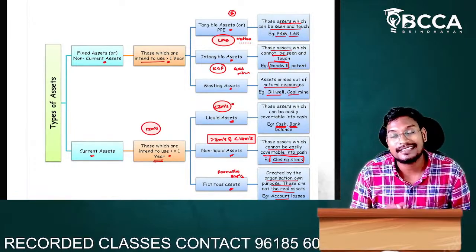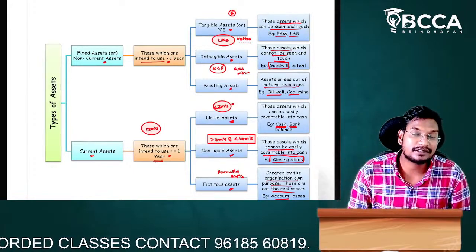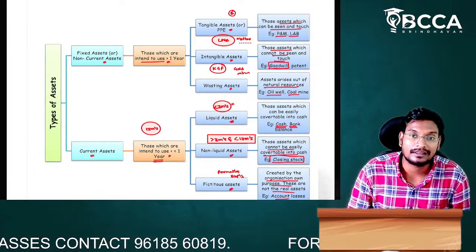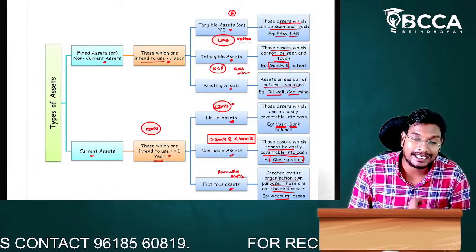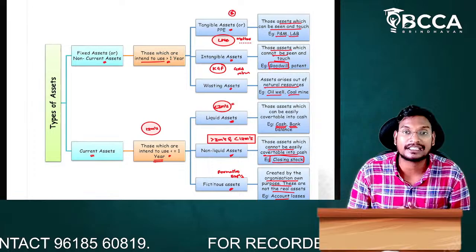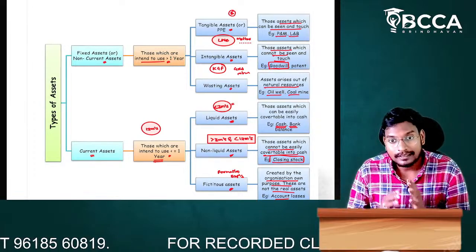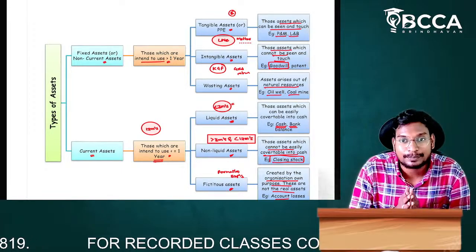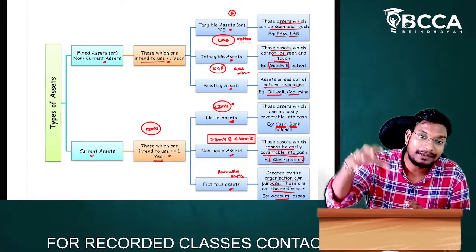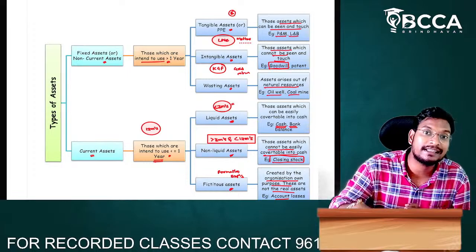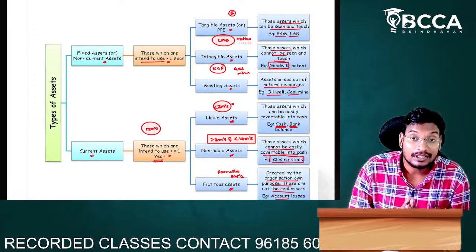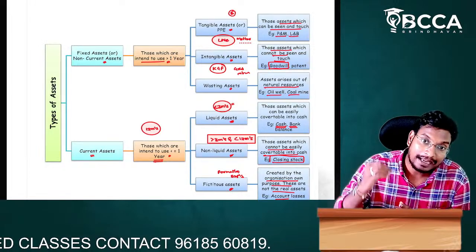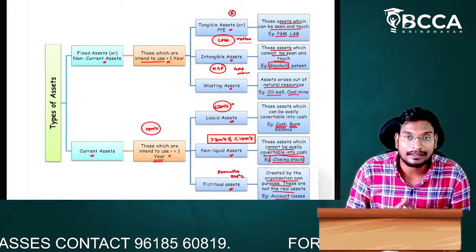Then after, we have discussed the adjustments of the capital. For the adjustments of capital, we start with the opening capital. Then we have to add what, sir? Additional capital. If you get net profit, we have to add it to the capital, and if you get net loss, we have to deduct it from the capital. Then, interest on capital. Interest on capital means an expenditure to the business, because capital is a liability. On that capital we are paying interest, so it is an expenditure to the business. Because of this expenditure also, the capital balance will be increased, so we have to add the interest on capital to the capital balance.